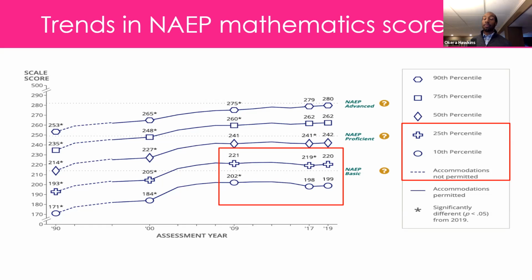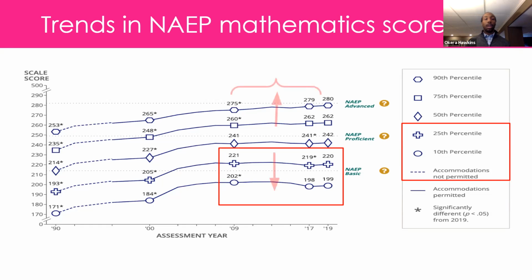jarring considering the amount of energy that's been put into teacher professional development, the use of college and career readiness standards, and this idea of giving students access to a high quality curriculum. What this data tells me is that we often say we believe in these resources, but we're not actually providing students these opportunities the way we see where we're getting the results that we want to see